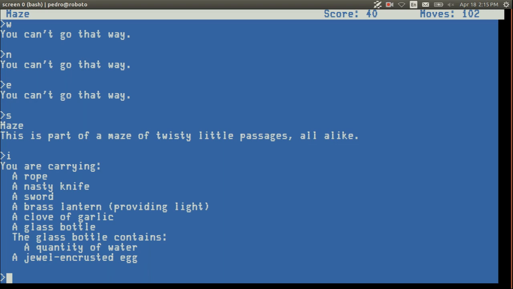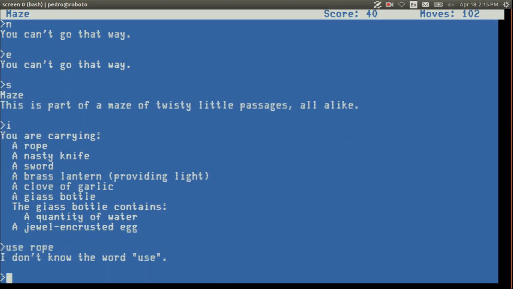Use rope. We had a pile, I believe. I don't think you can split the leaves up into individual leaves. Tie the rope at the beginning of the maze? I don't think that's a great idea. I don't think the system is advanced enough to let you tie the rope and then walk into the maze.